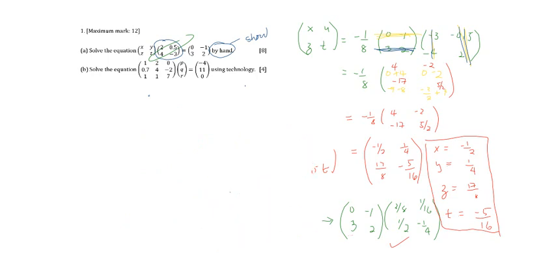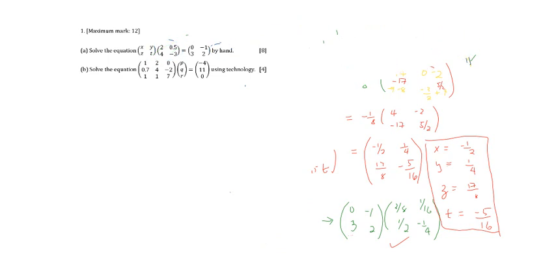Okay, letter B is only marked 4 points. You know why? Because you can use your technology. You need not show your computation as this. Okay, letter B. Okay, this is in the form of